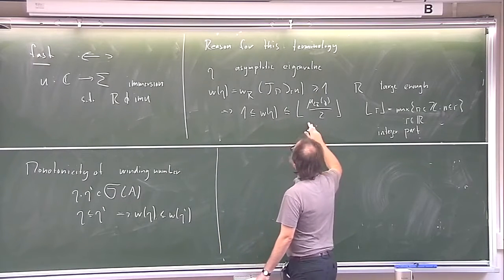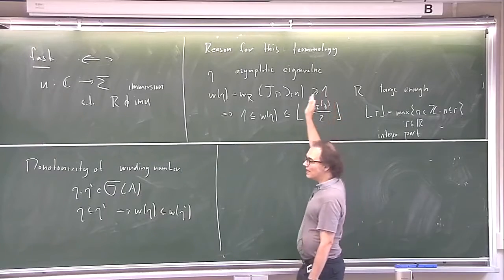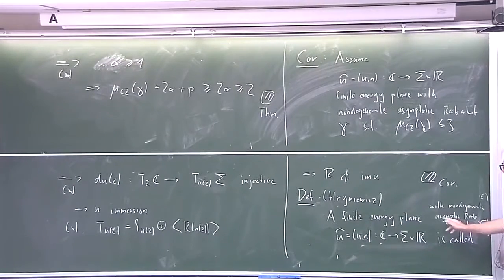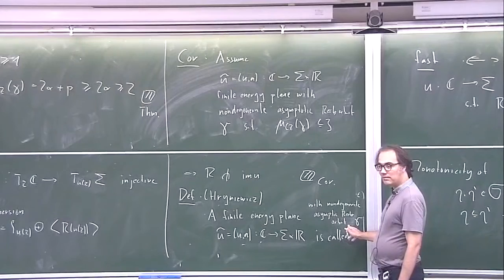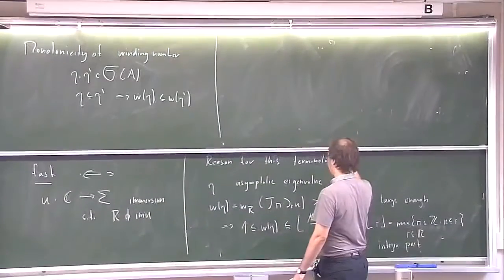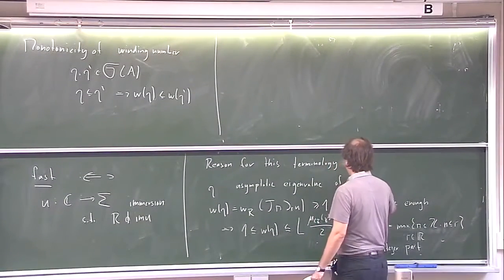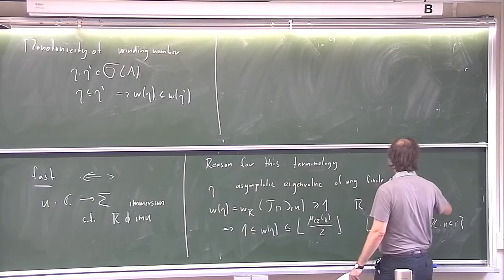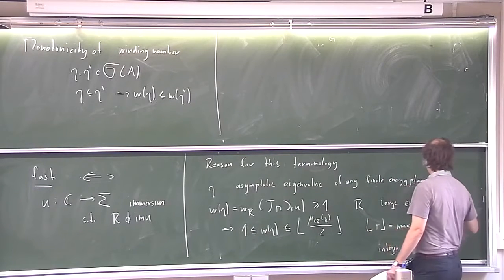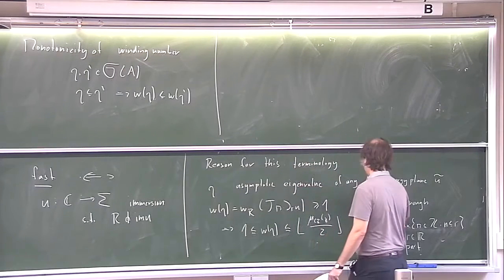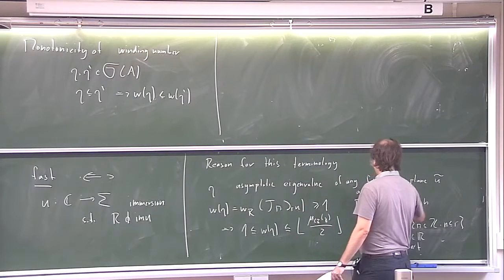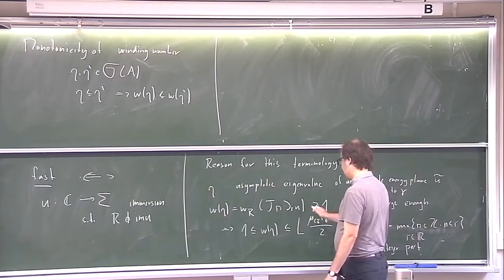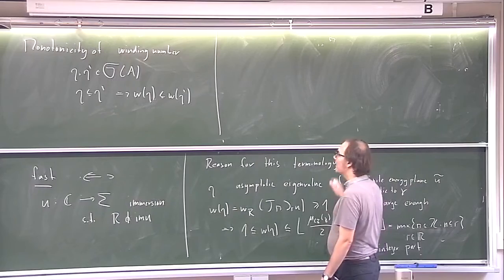So this discussion: if the asymptotic eigenvalue of any finite energy plane, not necessarily a fast one, U tilde, is asymptotic to gamma, then this,